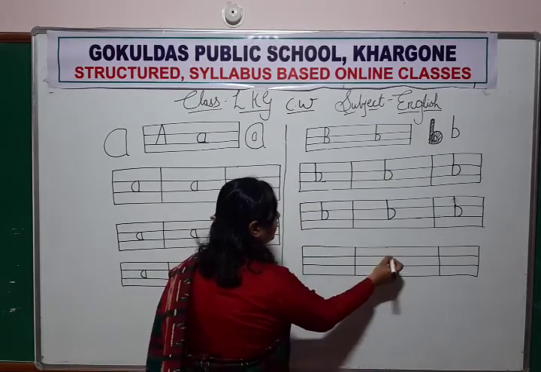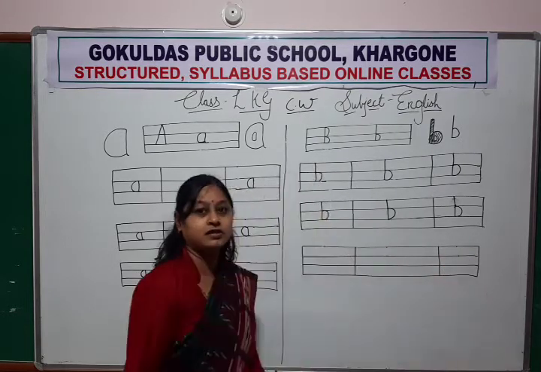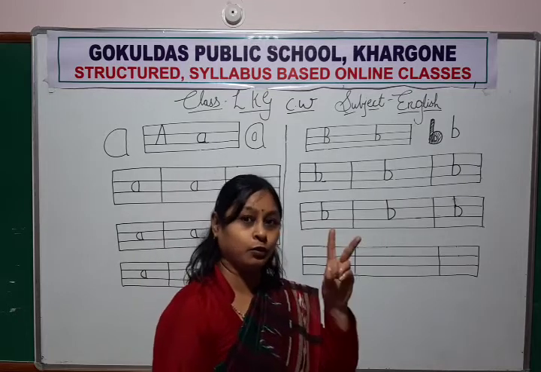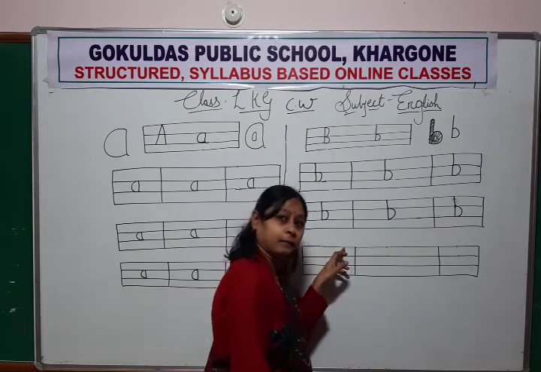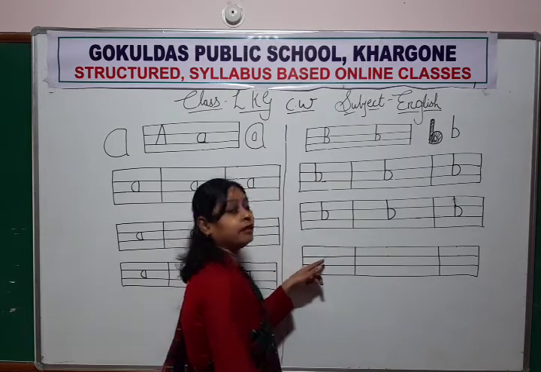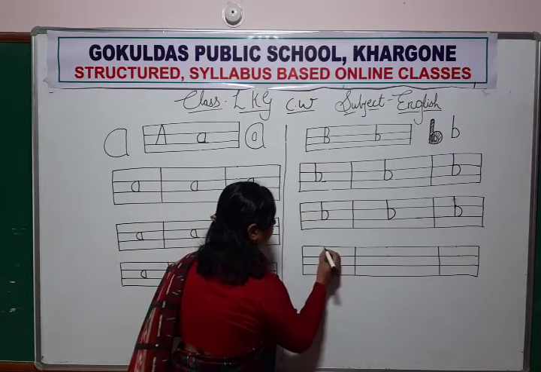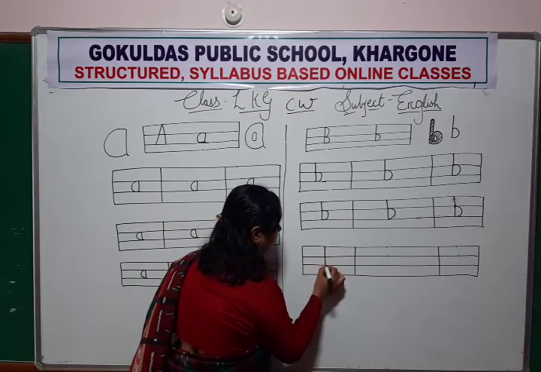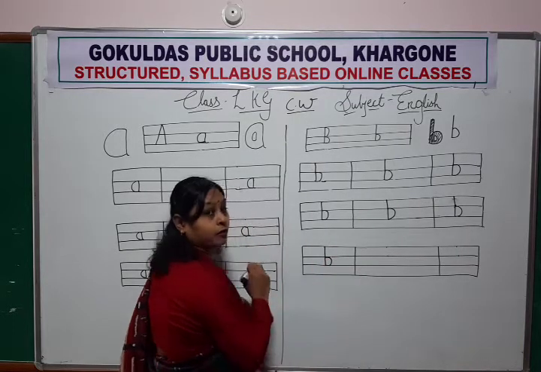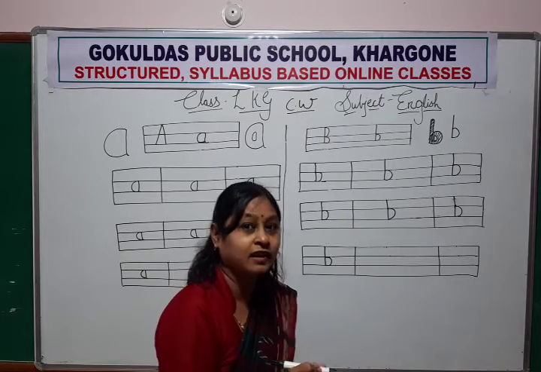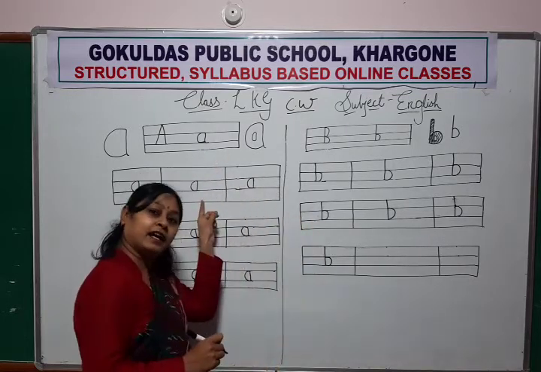Again, look here. How many dots are there? Yes, tell me. Now you will tell me. I will not tell you. How many dots are there? There are 2 dots. 1 and 2. First dot is on the upper line. Second dot is on the middle line. Okay. Let us start to write letter B. Baby B. First standing line. And after that, half circle. A will look at B and B will look at A.